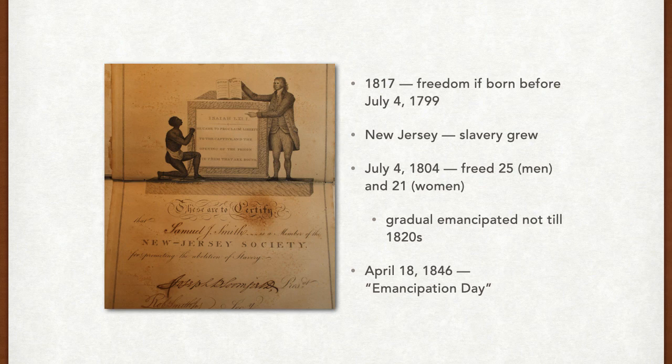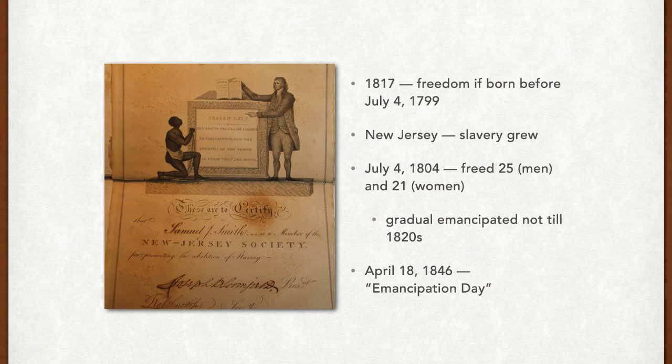In an opposite trend to New England, slavery actually grew in New Jersey in the decades after the Revolution. New Jersey passed their gradual abolitionist law on July 4th, 1804. They love the 4th of July, apparently. Stating that the children of slaves born after that date would be free after serving their mother's master for 25 years if male and 21 years if female. Again, they're trying to get as much labor out of you as possible. This meant that gradual emancipation would not start until the 1820s, and there were still slaves bound for life.